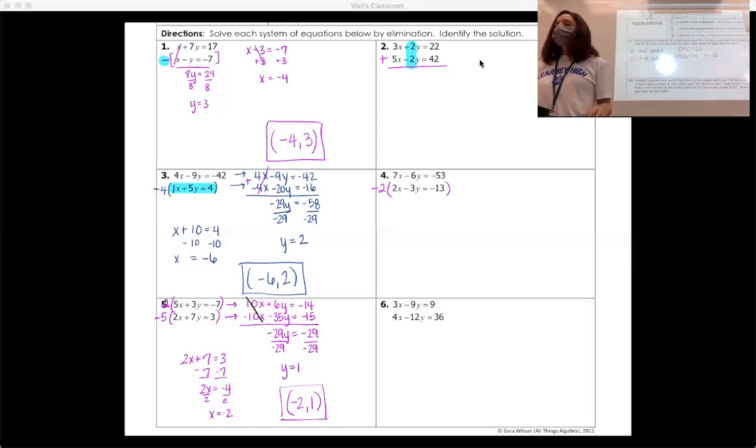So we could use substitution, okay? We could isolate B or C in that top equation and then substitute it in, or you could use elimination. Let's use elimination on this one. So to make these match, I'm going to multiply that top equation by -5 and then put it down below. Just make sure you line these up correctly, okay? So -5B minus 5C equals -100. So when I combine these two, we get